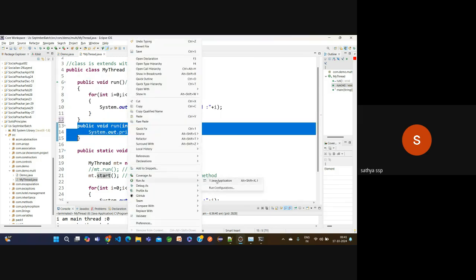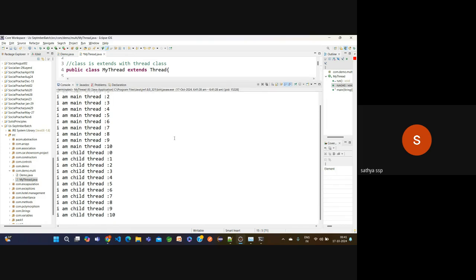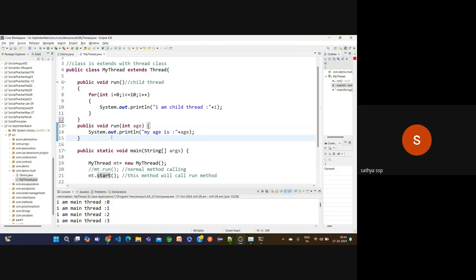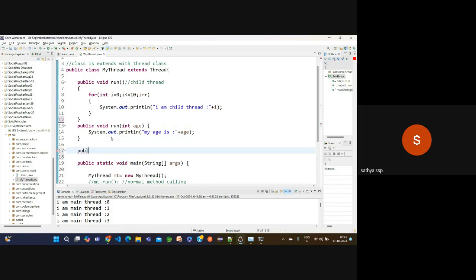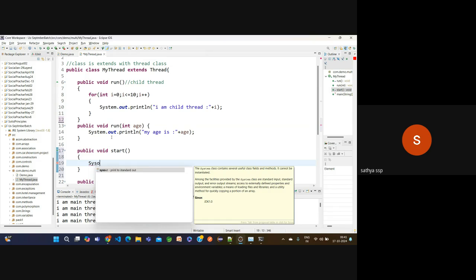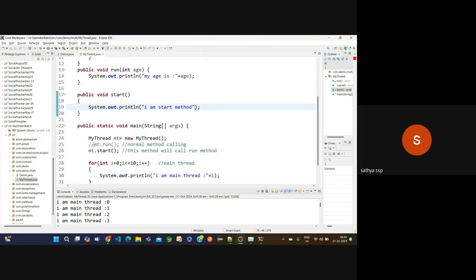Right click, run as Java application. Sure, the child is going to be executed. Suppose my logic is different right now. Now public void start, and sysout, I am the start method. Now the start method basically calls the run method internally.